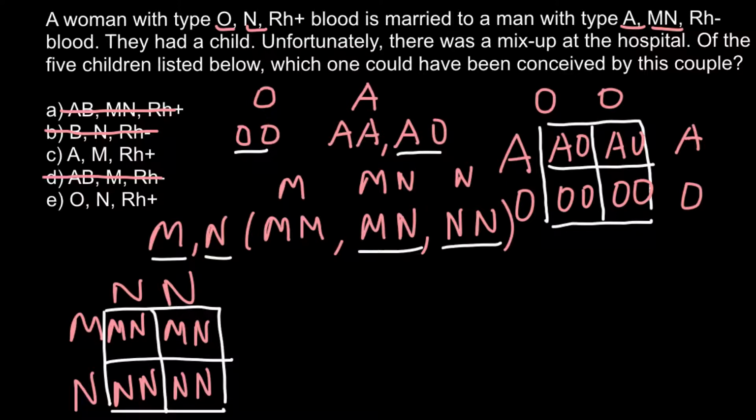So once again, 50% of the progeny would belong to the blood group MN, and another 50% would belong to the blood group N. So we can cross out answer C. Basically, we can stop here and we can say that answer E is the correct one, but let's check